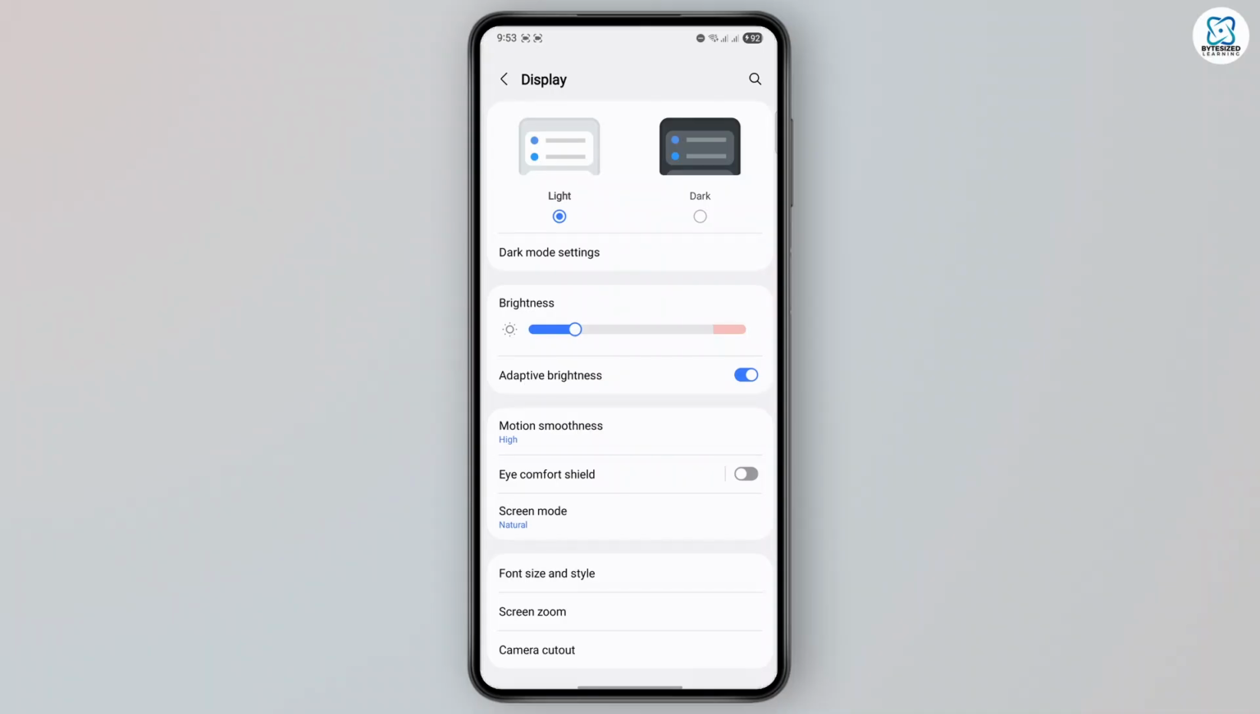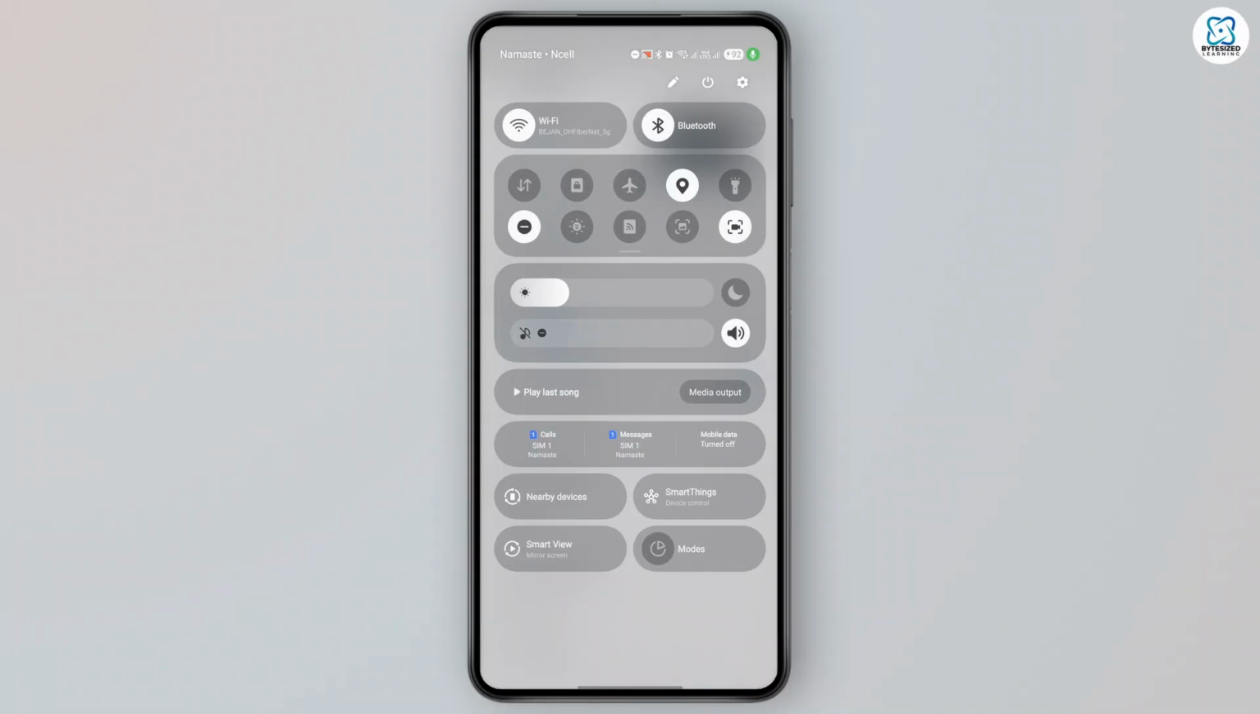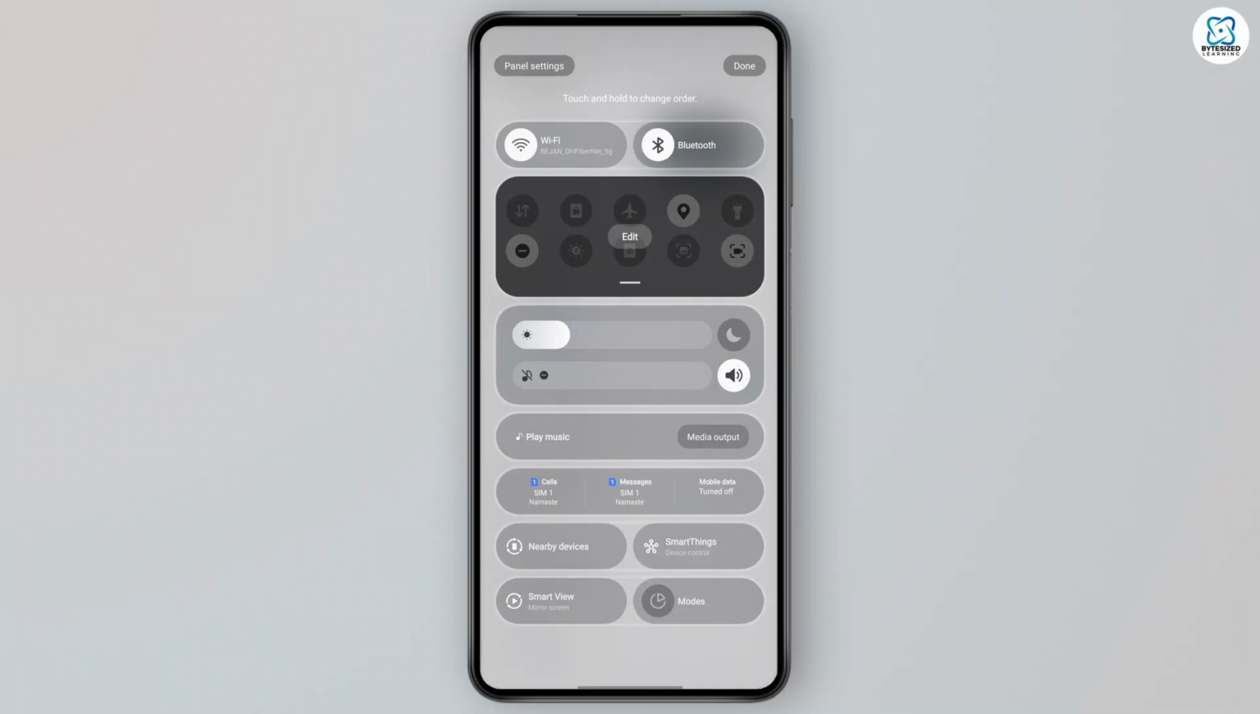One more thing you can do is swipe down here, and if you don't have the brightness slider on your notification panel or the control panel, then in that case you want to go ahead and swipe down again and then tap on edit. Tap the pencil icon at the top. From there you want to go over to here and you can change the order of your settings here,